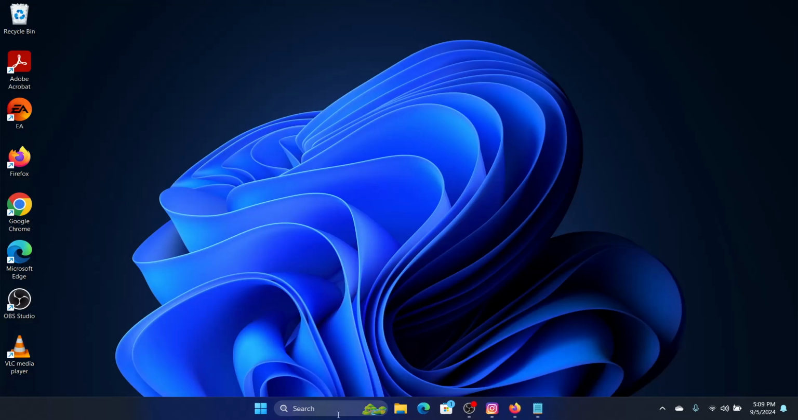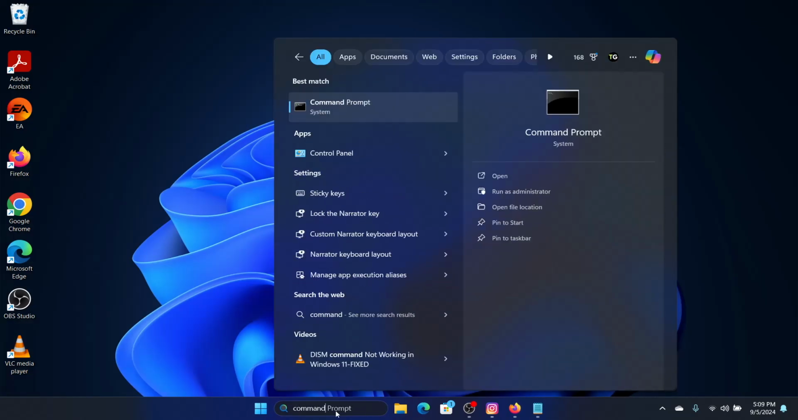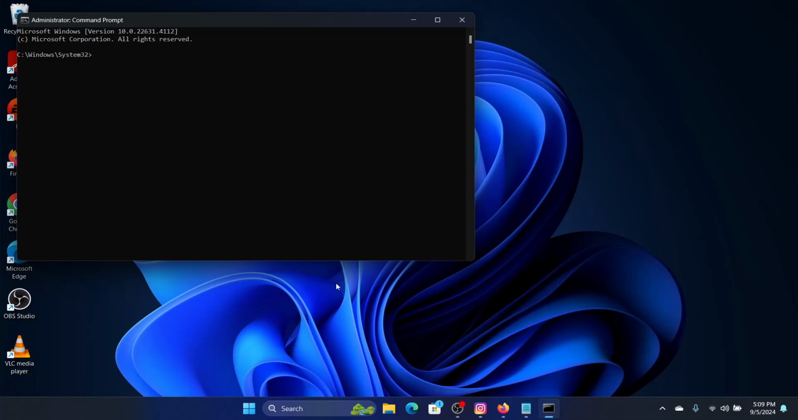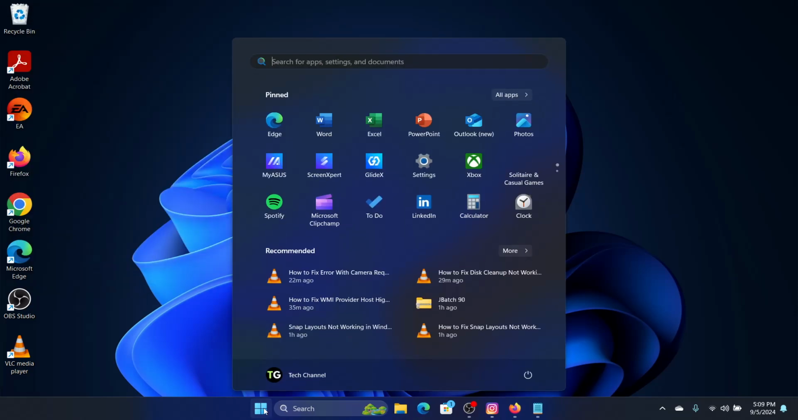And we will also run an SFC scan just to check for any file errors. So look for command prompt, right click on it, click on run as administrator, click yes, and then enter the command sfc space slash scannow and press enter. Wait for the scan to finish, then restart the system by pressing on the start button